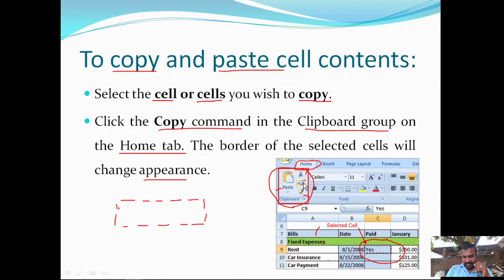The selected cell is highlighted with a dashed structure, and its appearance is changed. Now after performing the copy command, the information or text available in those cells is copied to the clipboard.